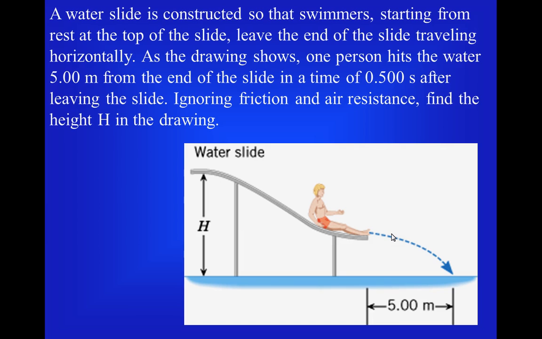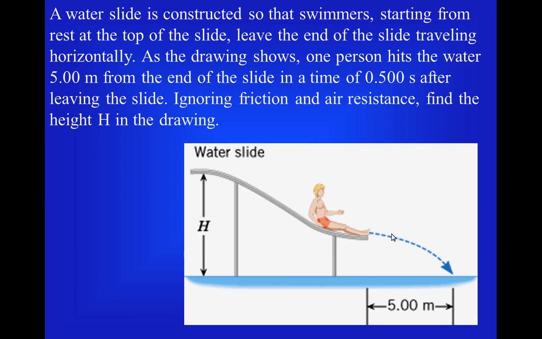So y equals v naught t plus 1/2 at squared. There's the one. The initial velocity was 0, so that's easy. So y equals 1/2 at squared. 1/2 times 9.8 meters per second squared times 0.5 squared gives me